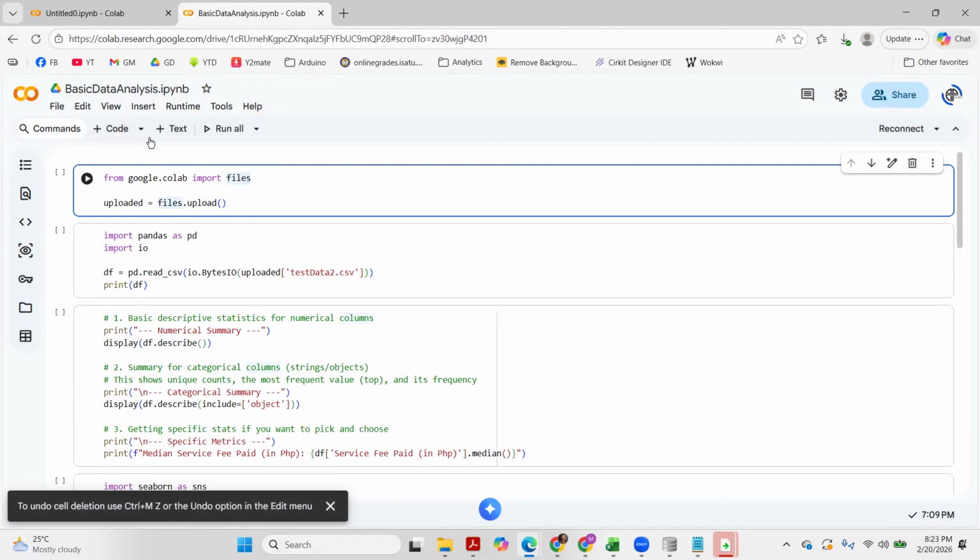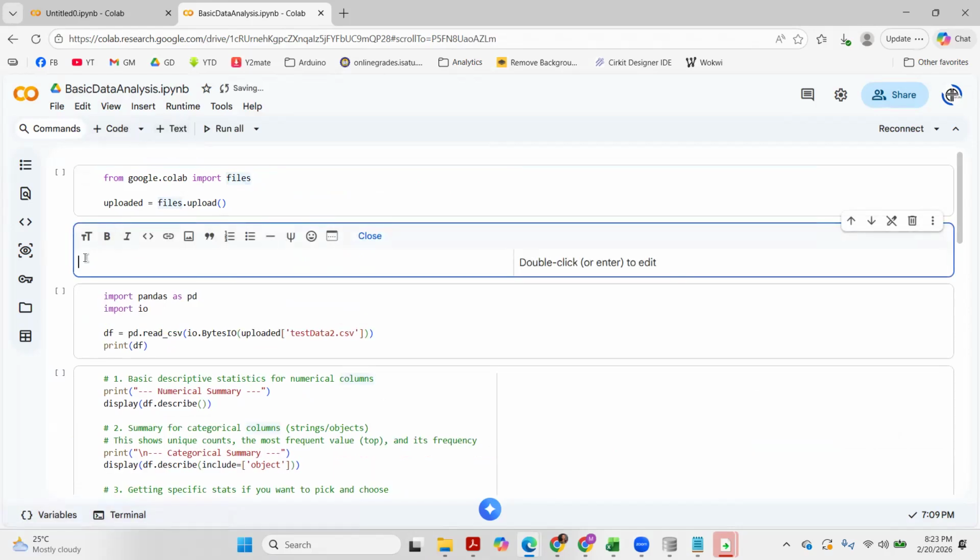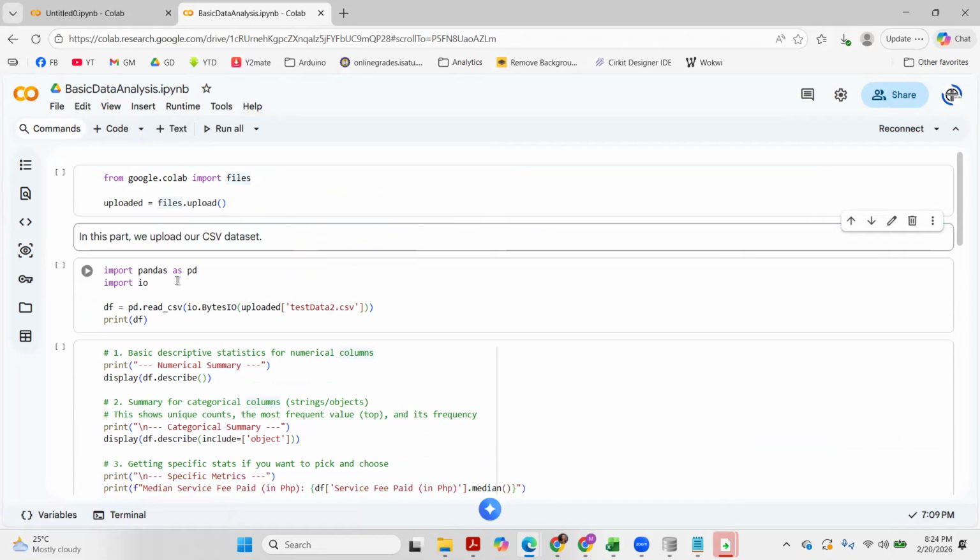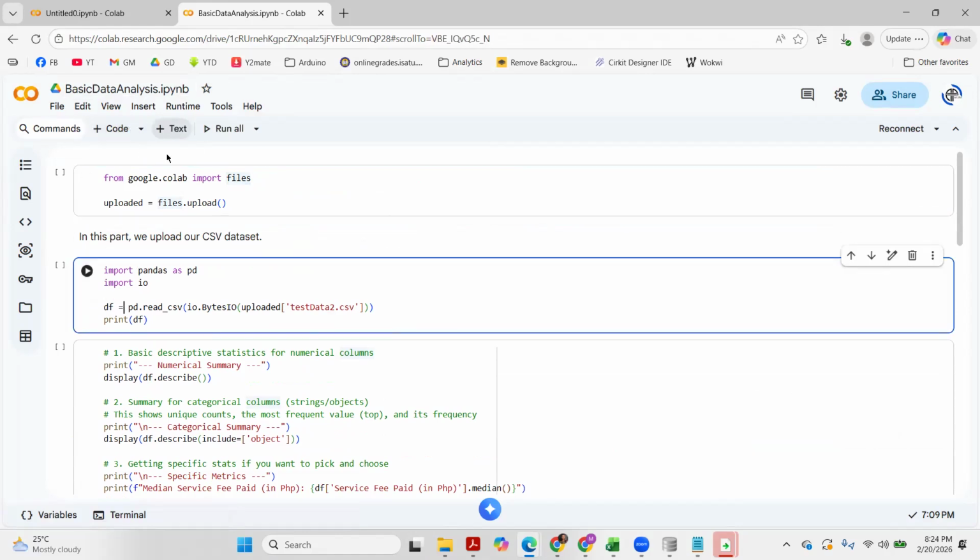For example, here, I want to say, in this part, we upload our CSV dataset. Once we close this, we now have the text part. You can also add another text. Just select a cell and then once you click text, a new cell will be created after that.